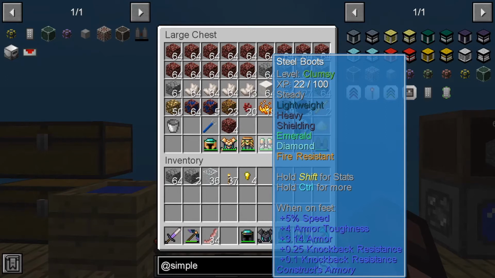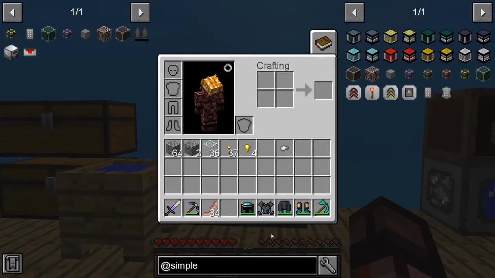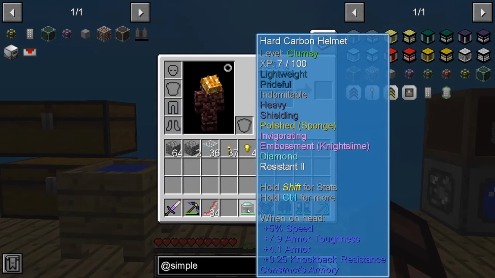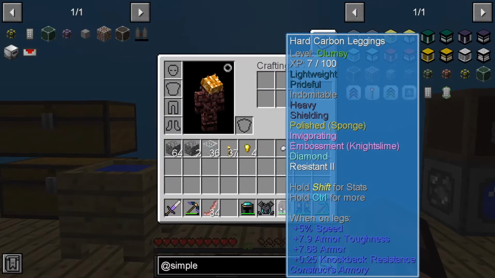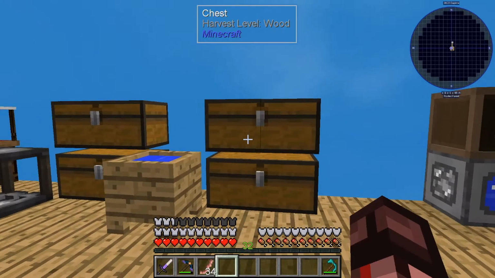And this did a really good job of upgrading our hearts at the end of the last clip. We had our armor all the way up on this side and the toughness up on that side, but I went ahead and made these. Now these are exactly what I said they were. They are hard carbon core, a lead trim, and a steel plate, and then I polished them with sponge. I embossed them with night slime. I put a diamond on each one, and then I've put resistance on these three and fire resistance on this one. So if we shift click all of this on our person,